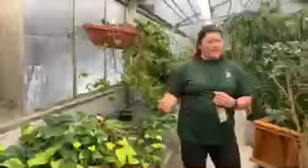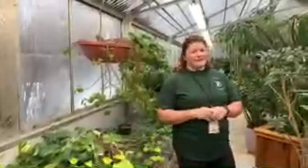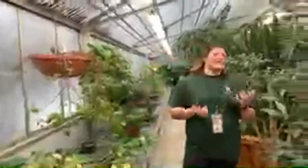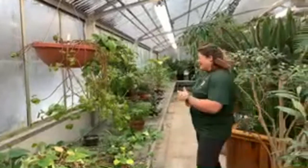We do a lot of cuttings of these, and that's part of our propagation, where you can do a simple cutting. You just take an end piece, put it in some water, and I can guarantee it'll root in a few days. It's a really easy piece for someone to learn how to do. So that's one thing that we do like to be able to share, and that's actually going to be something that we will be showing some of our students tonight in our class. And if we continue down,